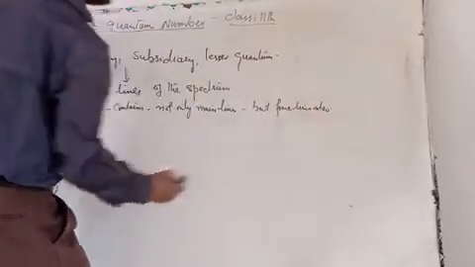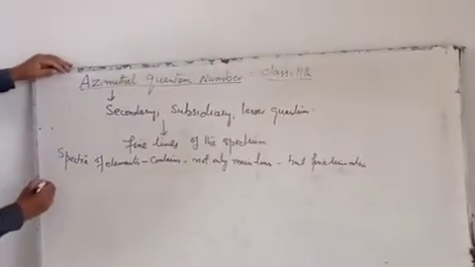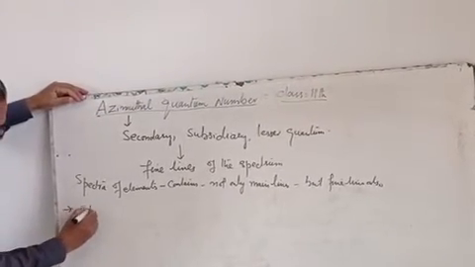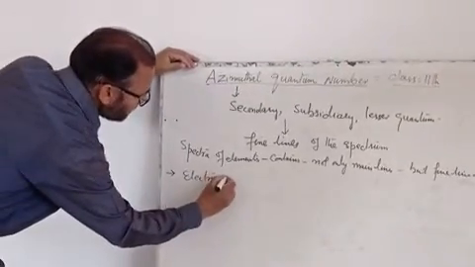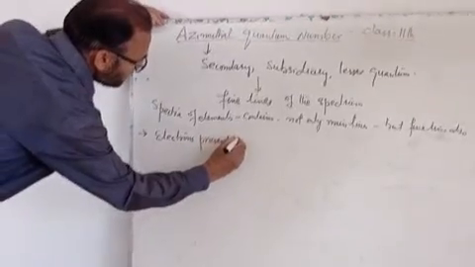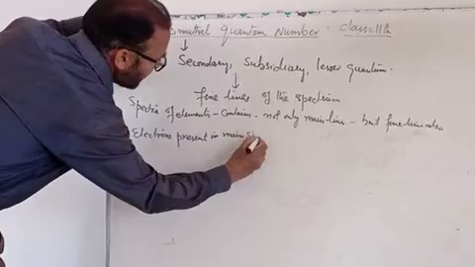To explain these fine lines, it was proposed that electrons present in the main shell, that is the principal shell,